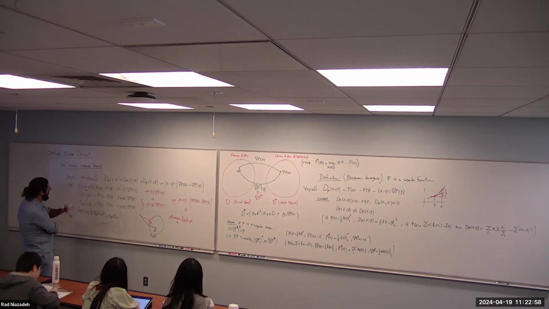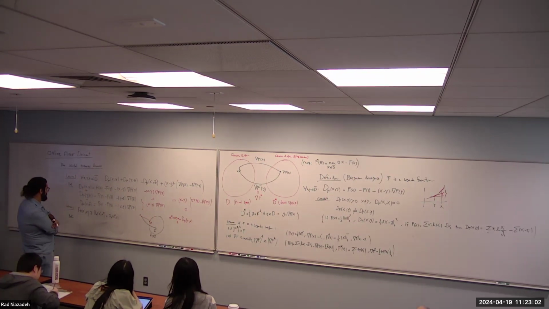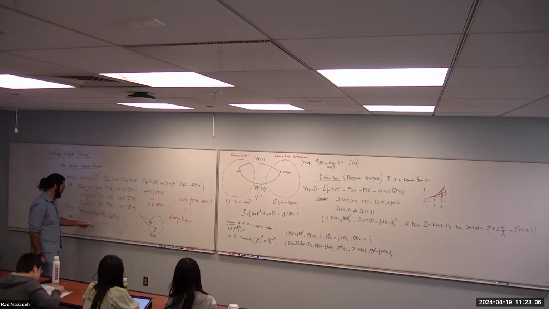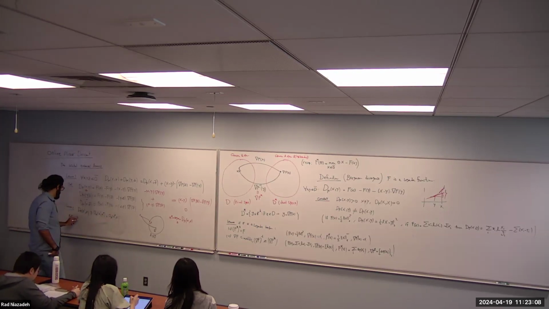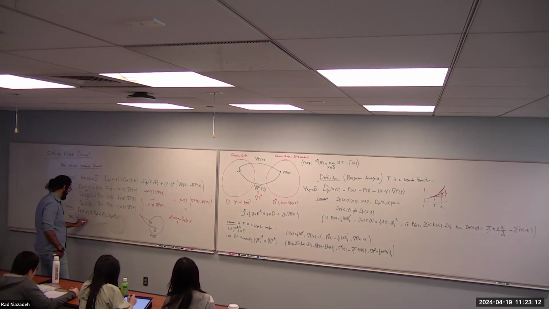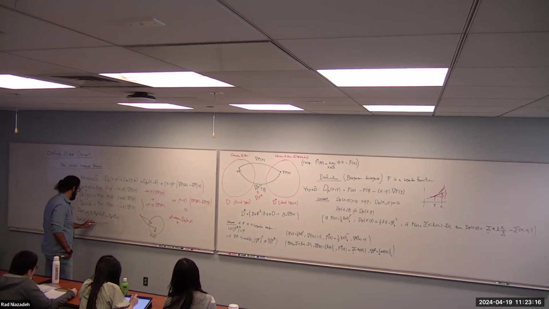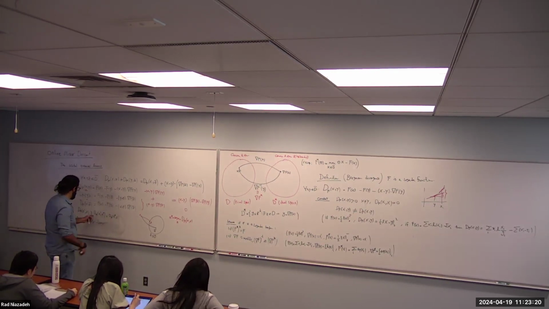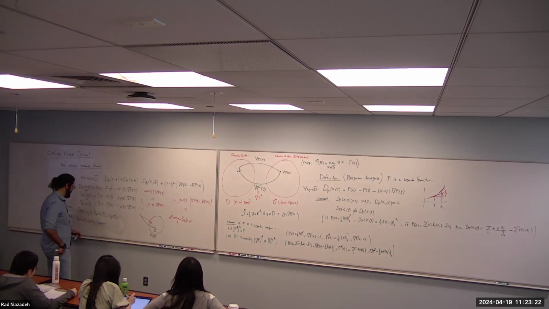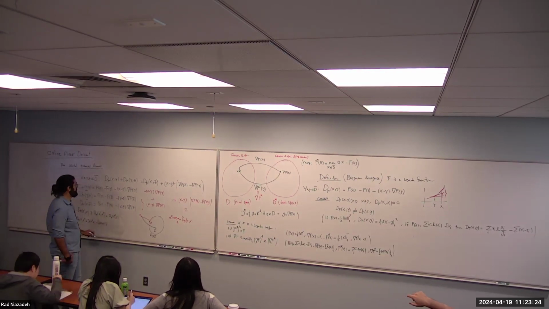So D_F of A prime and A star plus D_F of A star and X minus D_F of A prime and X, which is the right hand side minus the left hand side of this thing, will be equal to